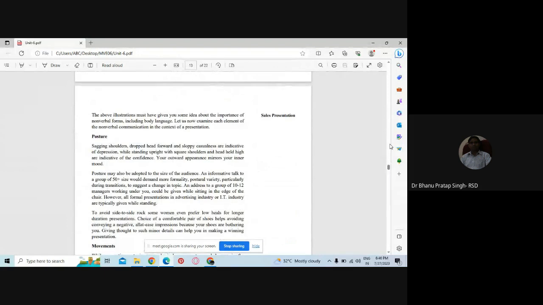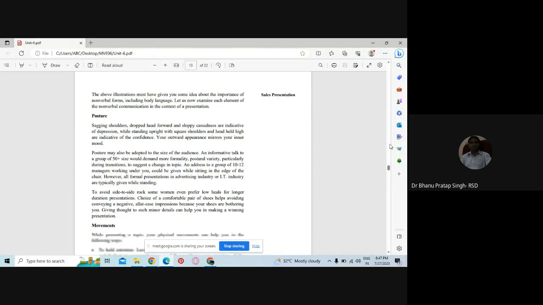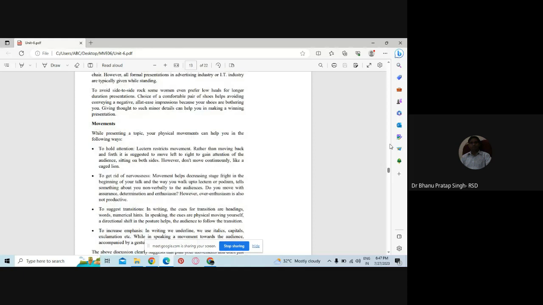So posture should be very attentive, and he should stand in a good manner, and he should use the body posture, even their hands, their body parts, in such a way that the message reaches the audience and their body gesture should be very clear. Even movement, what movement the communicator and presenter uses while presenting the topic. So there are some movements.